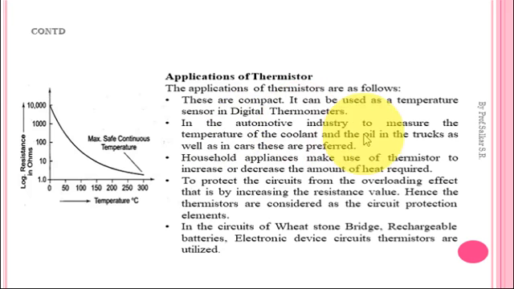Next, it is used in the automotive industry to measure the temperature of the coolant. In many automation industries, big machineries require a coolant to cool or maintain the temperature of those machineries. In such cases, a thermistor is used as a sensor. If the temperature of that particular machine goes above the specified level, then immediately the resistance of the thermistor changes to give us an indication. So this is how it is used in the automotive industry,